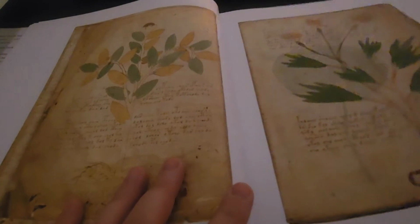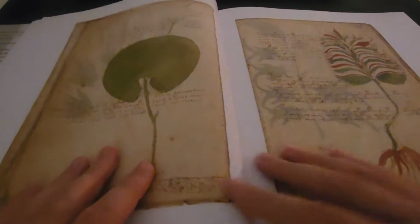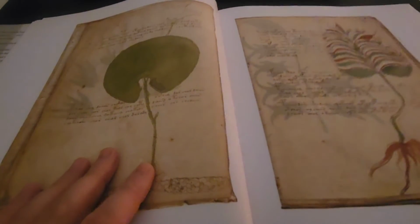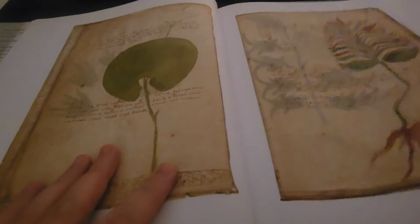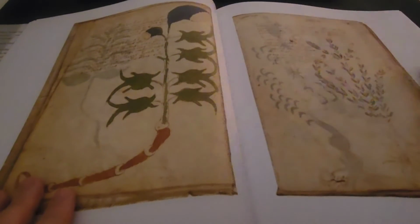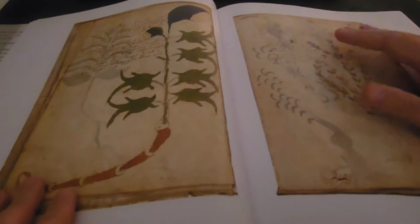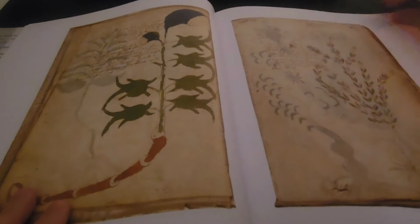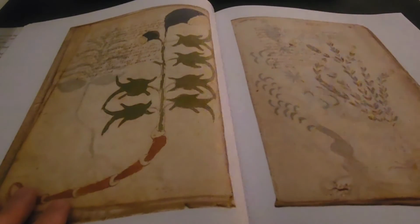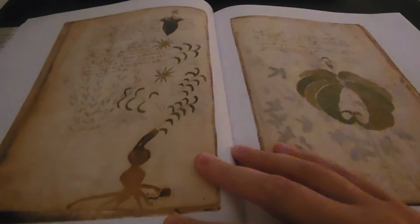And upon his death, the manuscript passed to his friend, Jan Marek Marci, who was the rector of Charles University in Prague. And Marci sent the book to his friend, Athanasius Kircher, a German Jesuit scholar and polymath, to see if he could unlock the mystery behind the manuscript. At the time, if anybody could, it would be Kircher, but he wasn't able to do it, and no records of the book were found for the next 200 some odd years,